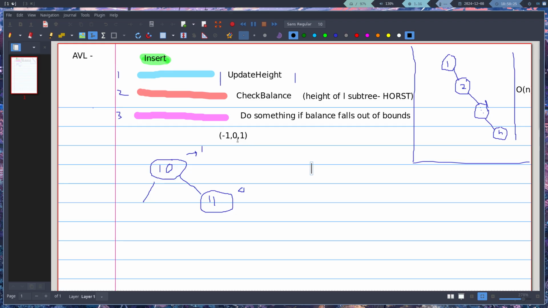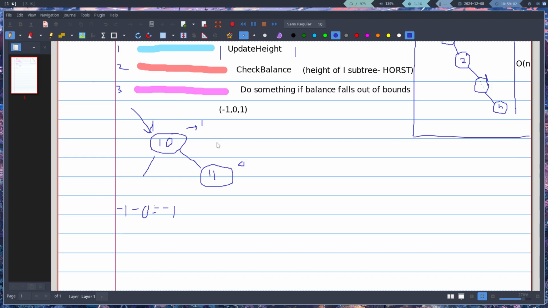And if the balance factor doesn't fall within this range here, -1, 0, or 1, for any given node, and currently we're calculating the balance factor for this guy, because that's where we are after we returned out from this function call, then it's going to have to perform a rotation. But let's see what we're dealing with here. So it's going to say height of the left subtree, which is -1, minus the height of the right subtree, which is 0, and it's going to give us -1. Okay, and so we do see that -1 does indeed fall within the specifications,